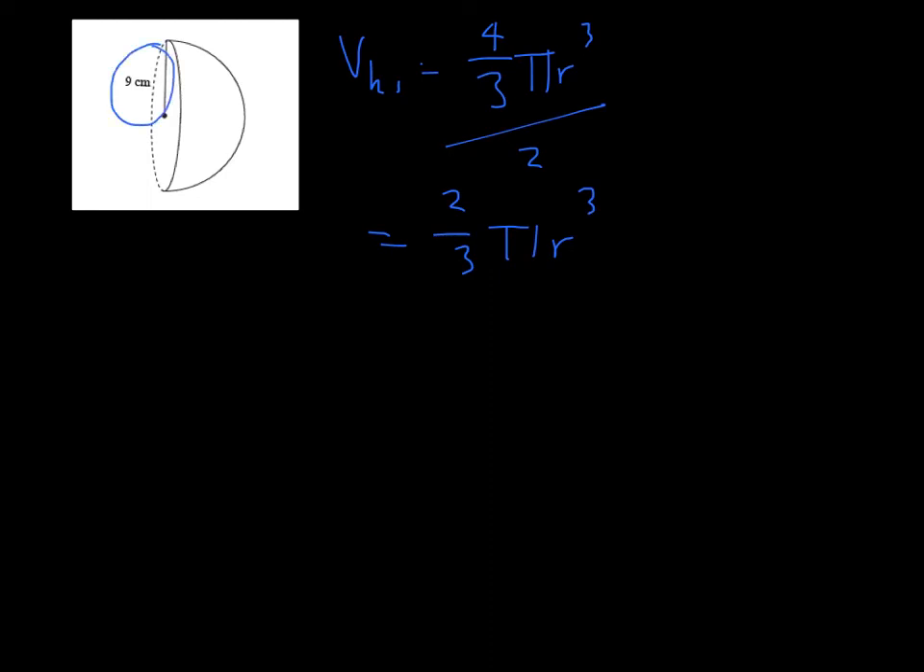Finally, the volume of a hemisphere is equal to 4/3 of pi r cubed, and then you divide it by 2, which is equal to 2/3 of pi r cubed. So for this one, we already have the radius, so we can go and plug that into the formula. So the volume is going to be equal to 2/3 times pi times the radius cubed, which is going to be equal to